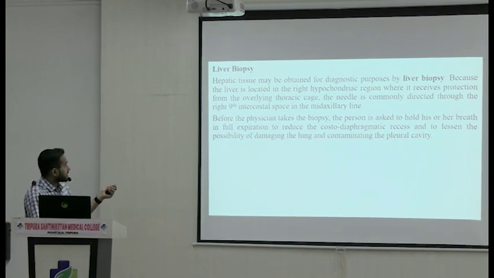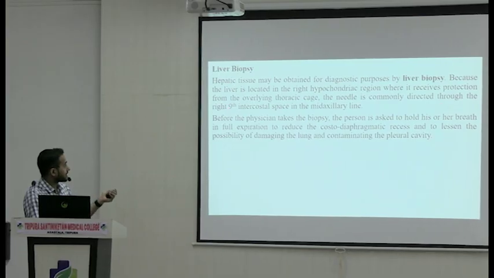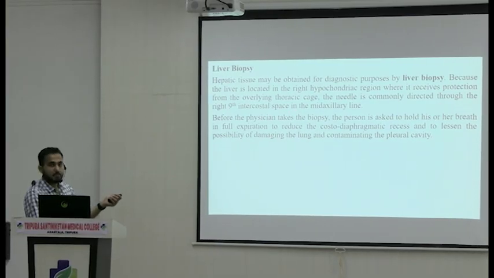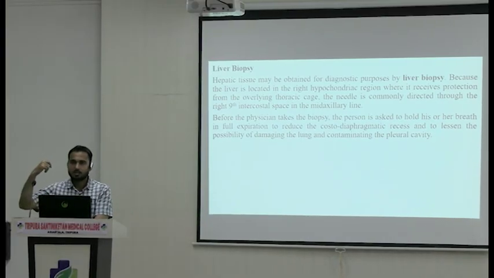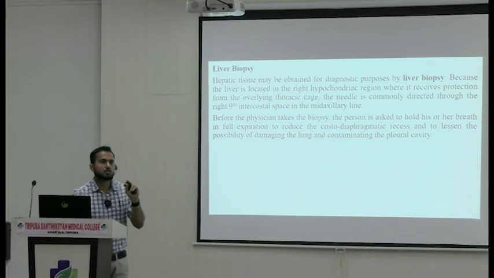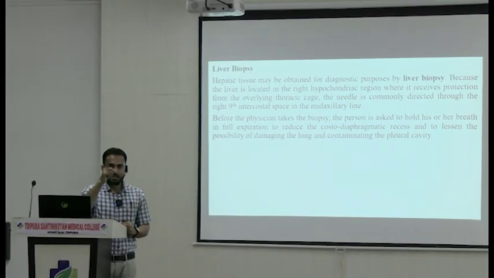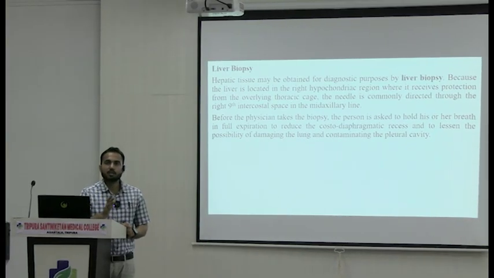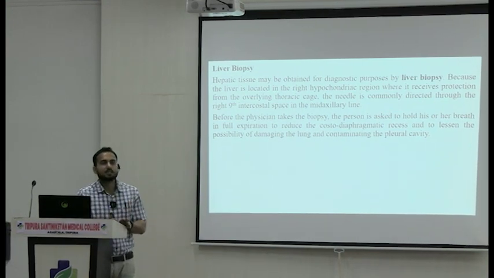Now see, we know that the liver is located in the right hypochondriac region, where it receives protection from the thoracic cage. So the needle is commonly directed through the right 9th intercostal space in the mid-axillary line. So on the right side, mid-axillary line. How to draw the mid-axillary line? From the midpoint of the axilla, you have to draw a straight line vertically downwards. In the mid-axillary line, in the 9th intercostal space, that means between the 9th and 10th ribs,